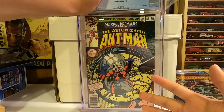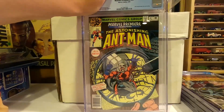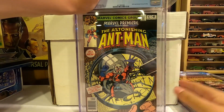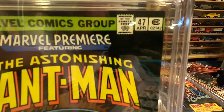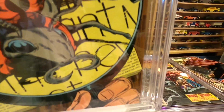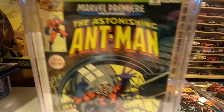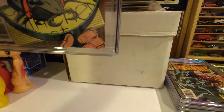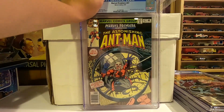And the reason I'm holding it, obviously, is because of condition. Listen, I wasn't expecting anything phenomenal out of this book. But when I look at it now, I don't know if Dolph did something to this book. I don't know if he replaced this with another book that I sent him, but it's a really, really nice copy. Now that I'm really looking at it, before I show you guys the grade, let's just take a look here. Again, a black cover, but showing really no signs of wear. This is actually a really, really, really nice book, and the back cover is just, whoo, that's dynamite. I don't know if you guys could see the grade. I might have just showed it, but in case you missed it, the grade on this book came back a